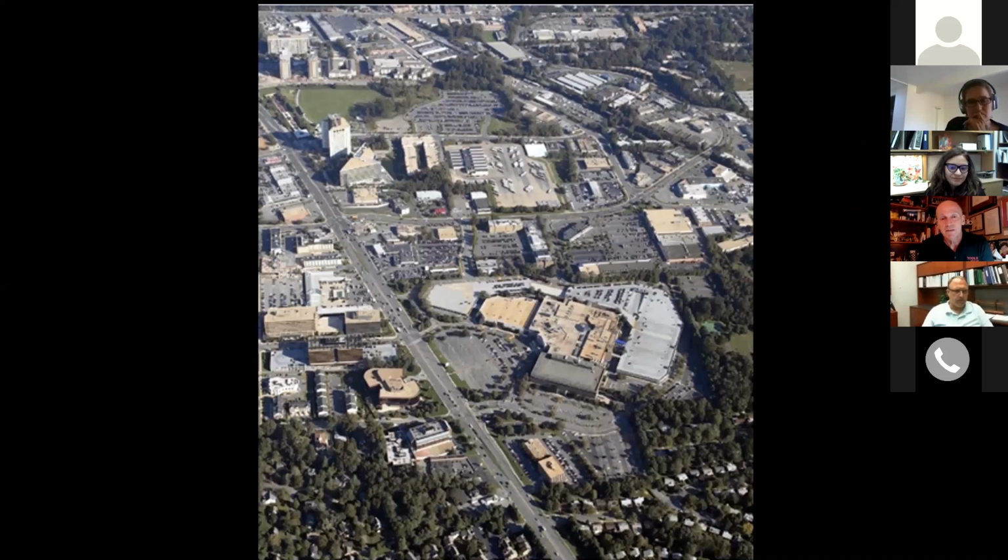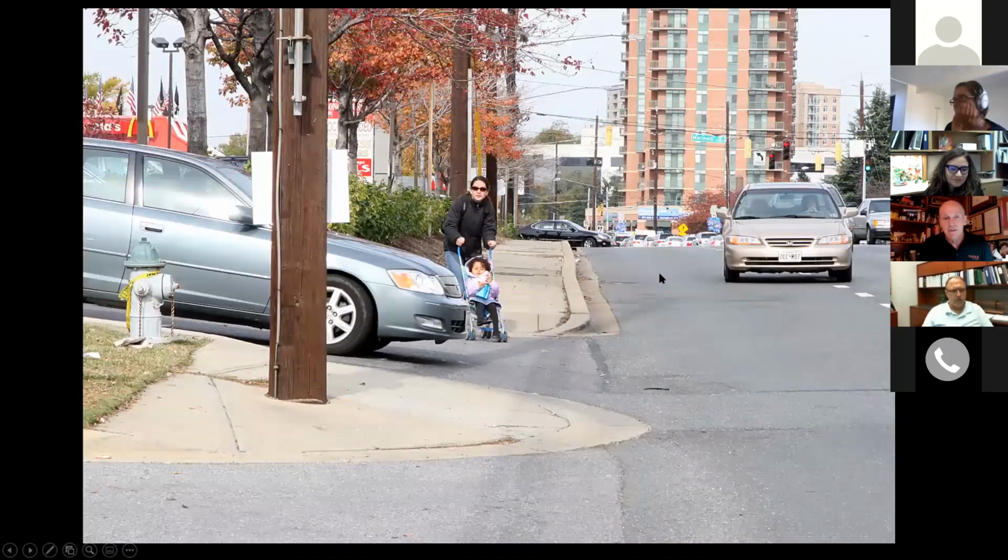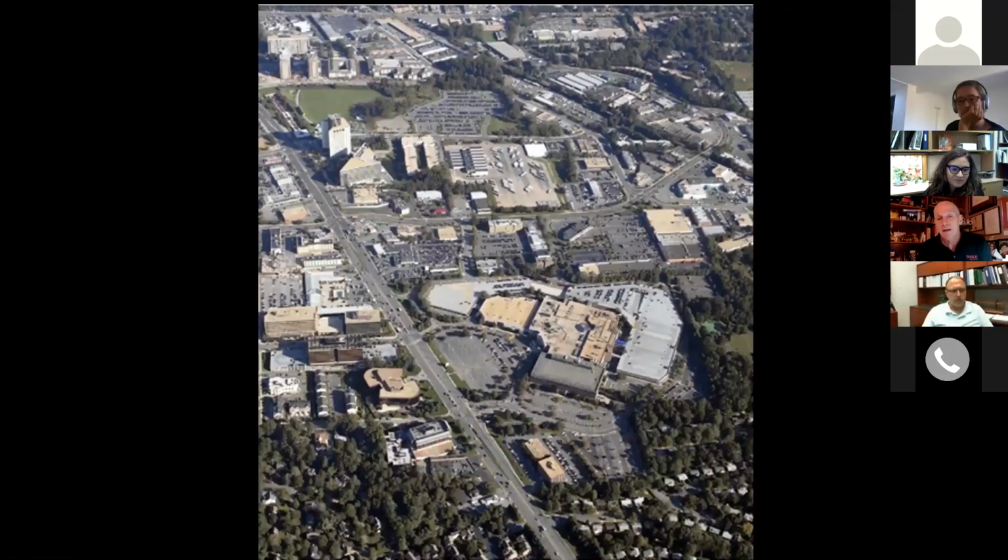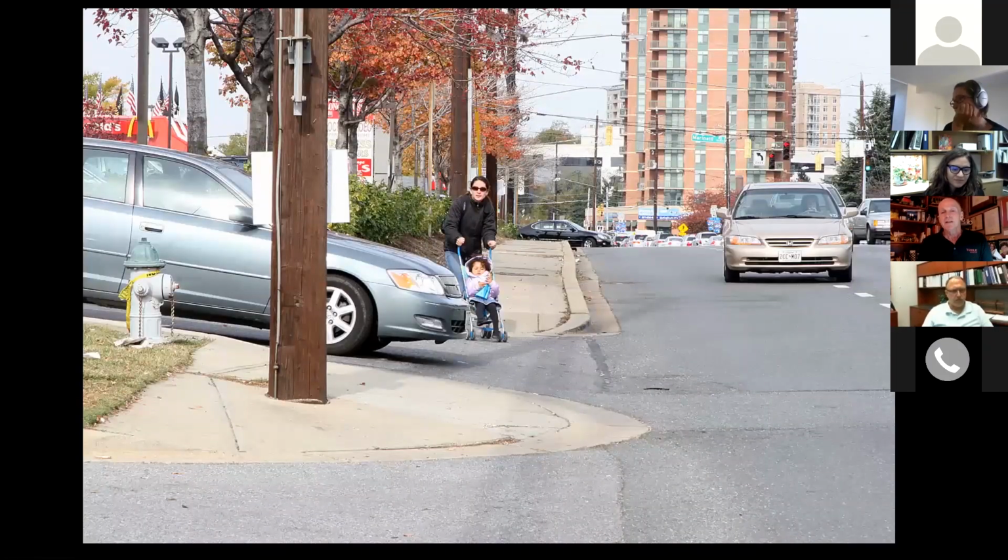It's an aerial oblique picture, and you can see the mall in the foreground and all of these surface parking lot developments all over. It was all built in the 50s and 60s, and you can see the neighborhoods at the bottom. And what happened here was the neighborhoods didn't want any more changes to happen to the developed area because they feared more traffic. So they stopped any density or infill.